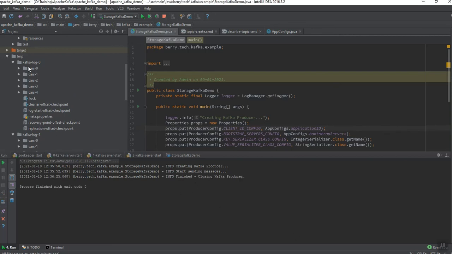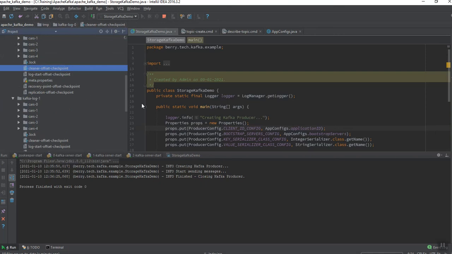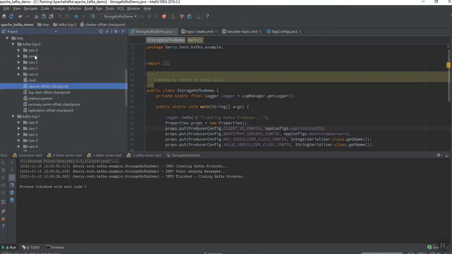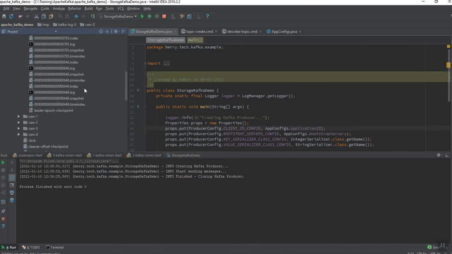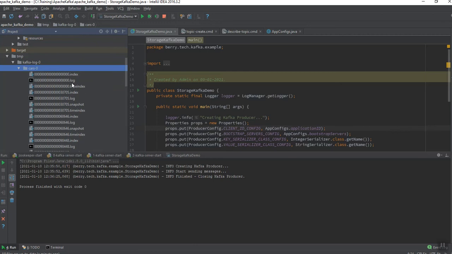So let's check on the logs. Now you can see here there are a lot of log segments created. What happened here is, the initial log has messages from 0 to 3704, and since it crossed that limit, it created the next segment starting from 3705, and logged the details into these log segments once it reached the maximum size.